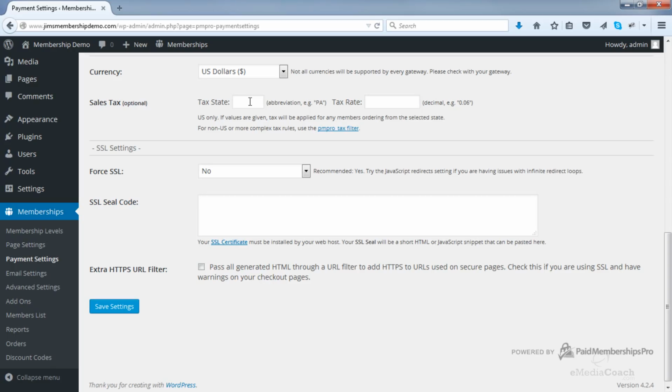Now, this depends on which country you're in, which state you're in. It depends on a number of things. So I'd advise you look up the laws in your own state or country and then enter an applicable tax rate if you need to. I don't need to, so I'll be leaving that blank. Leave Force SSL to no, leave everything else as default, and then click Save Settings.